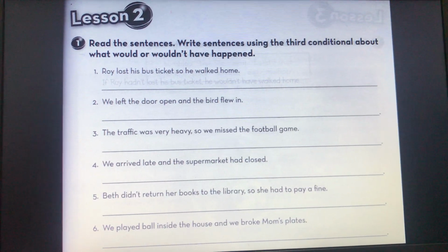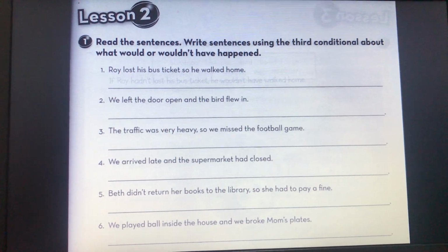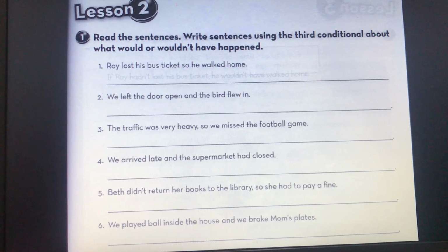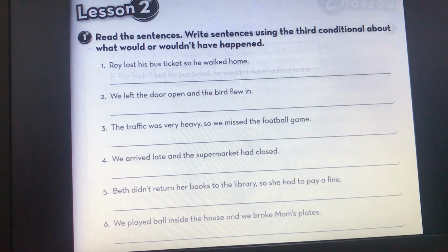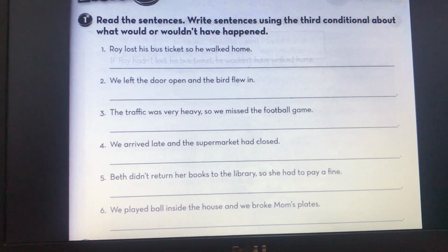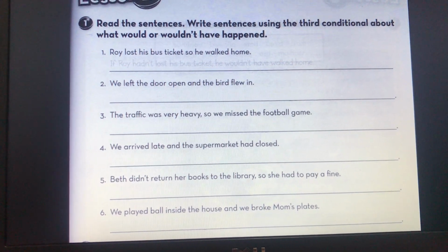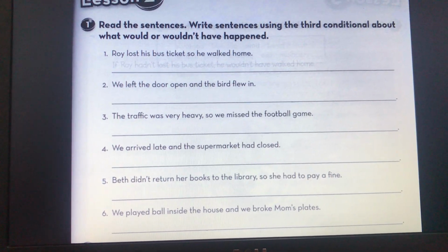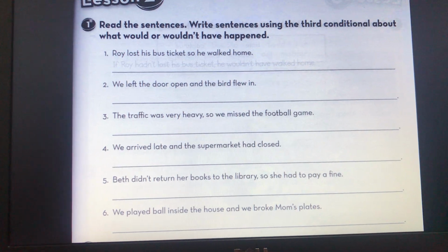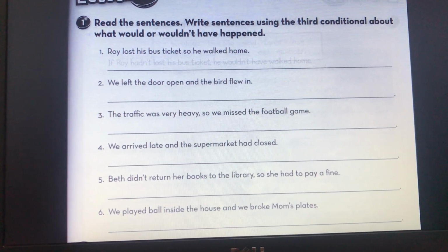Activity 1 in the workbook related to lesson 2. Read the sentences. Write the sentences using the third conditional about what would or wouldn't have happened. I will read some of them and do all of them for you. But I want you to do them, then to check the slide. 1.